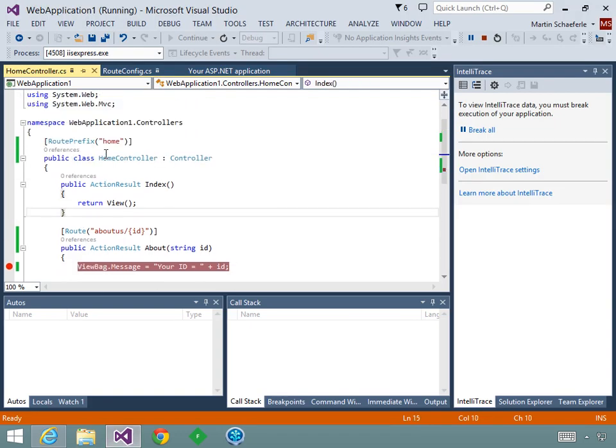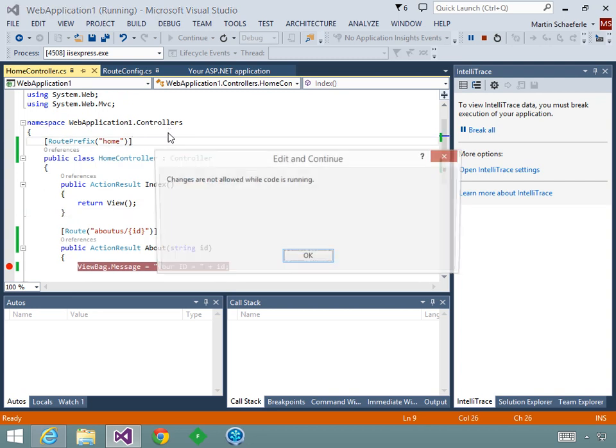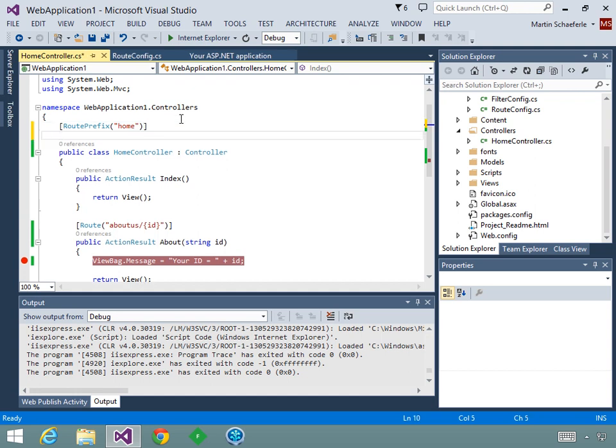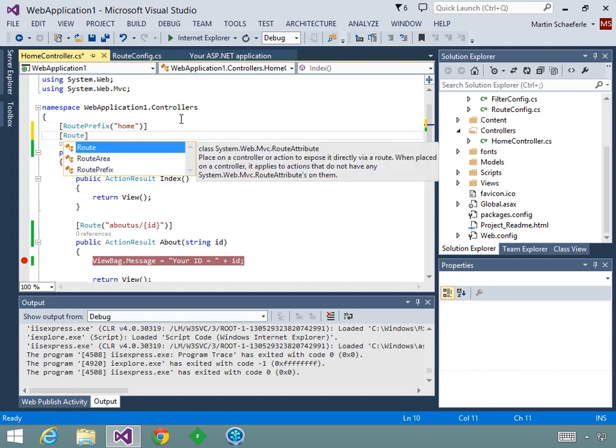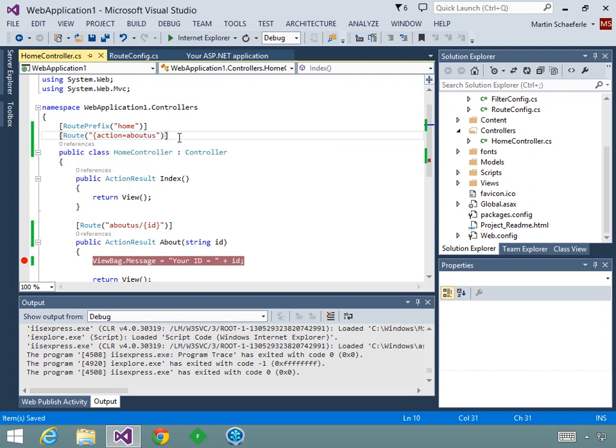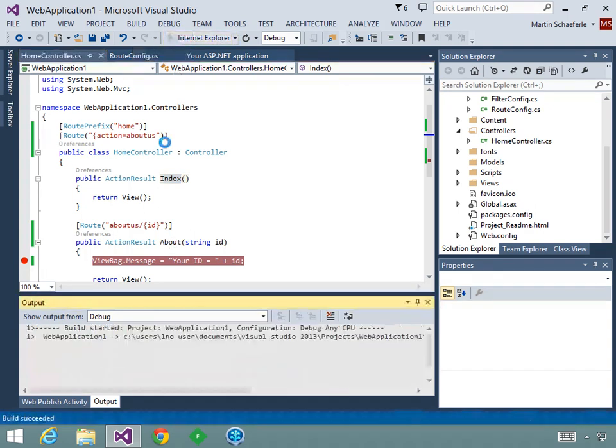Now, one additional thing that I can do is I can actually apply the route attribute itself to my controller, and I can actually specify a default action name. So in this case, we'll make it about us. So now when my page loads, instead of defaulting to the index, it will now default to the about controller action. So if I run this,